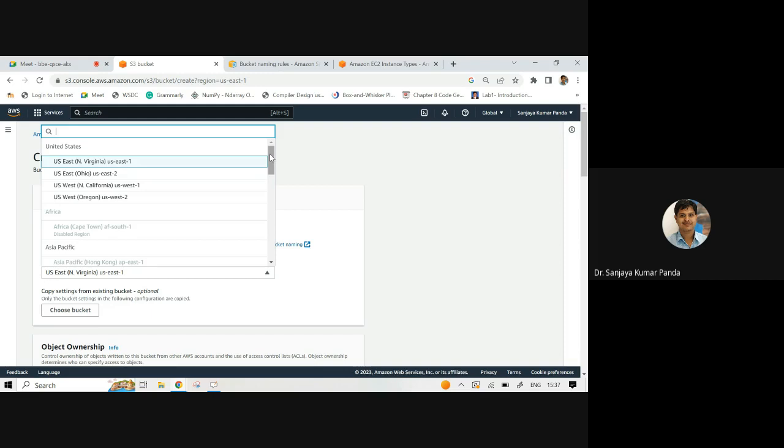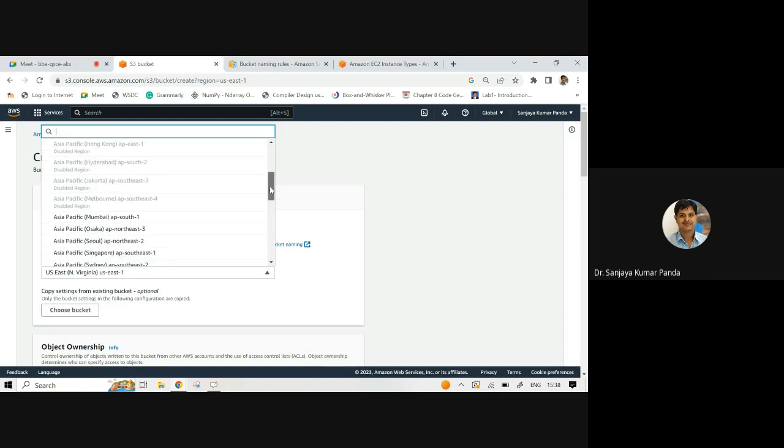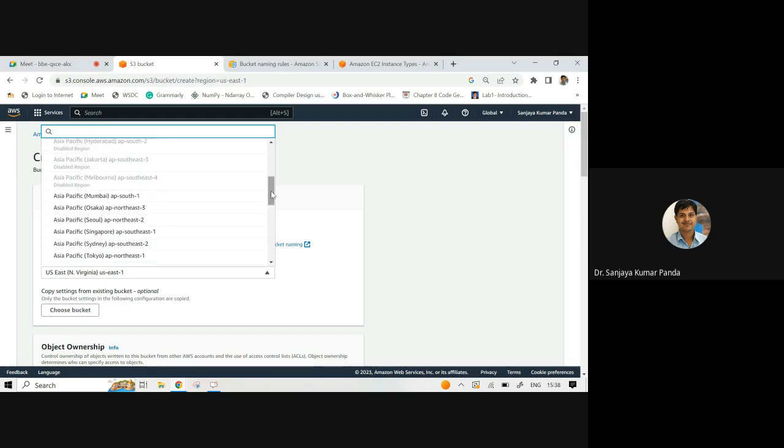Africa has a region, but temporarily it is disabled. Under Asia Pacific you have certain regions, but again some of them are disabled now because they will come in the near future. Under Asia Pacific, AP stands for Asia Pacific; South 1 is placed in Mumbai.